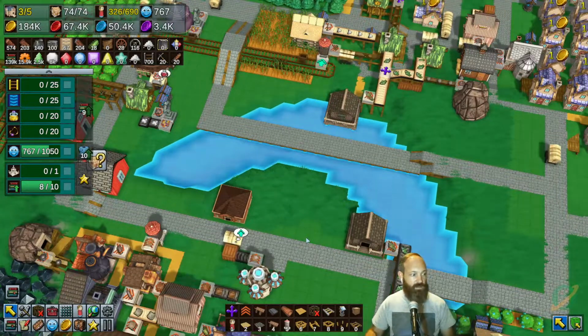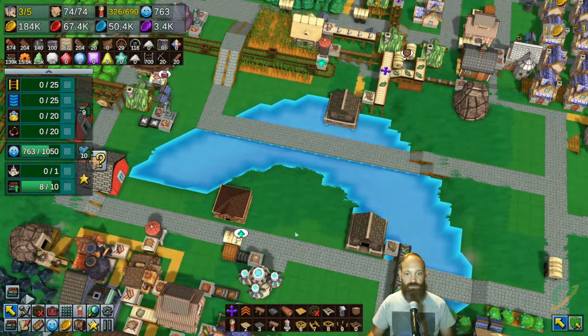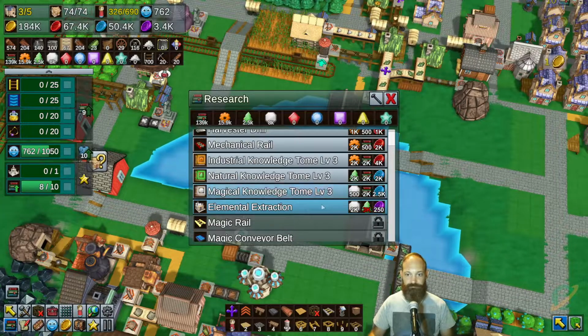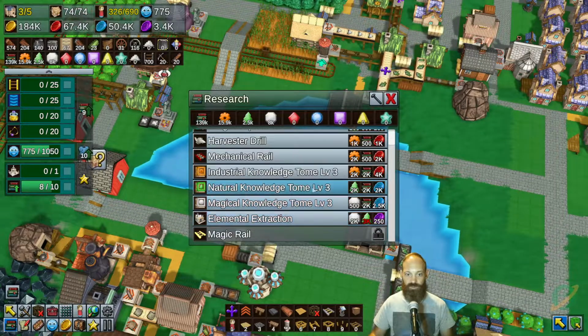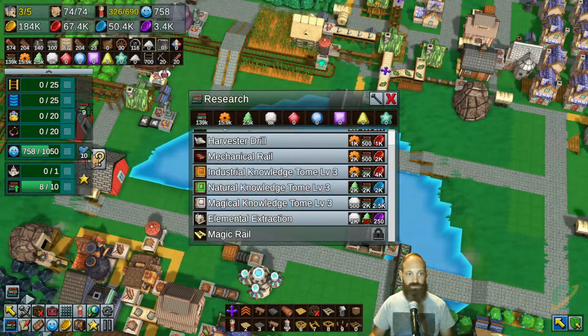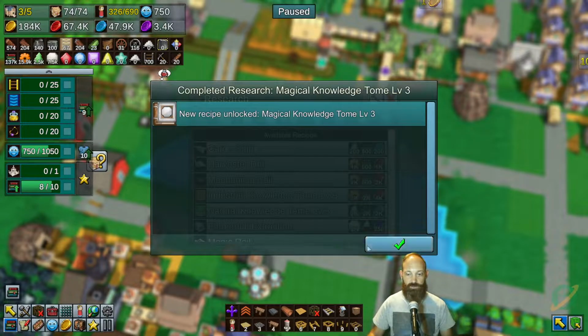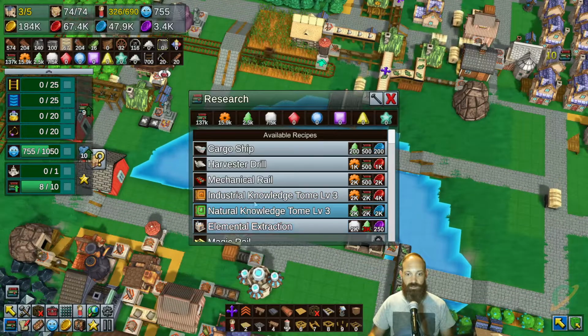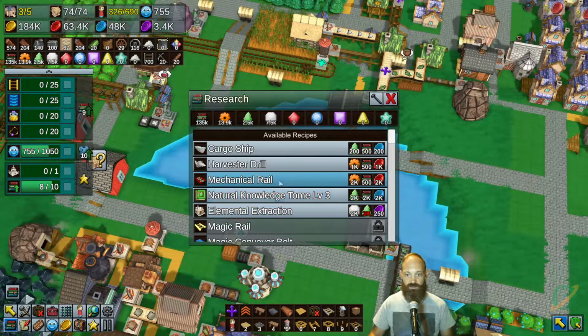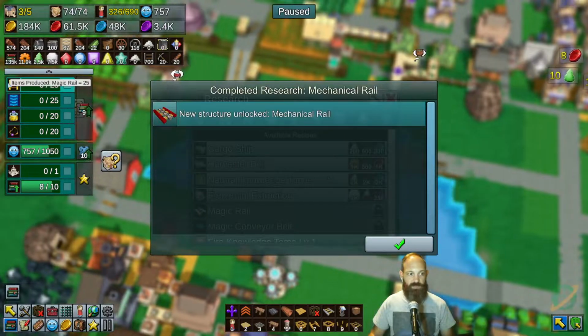So with that, now let's have a look at the tech we want to do. We want to do elemental extraction, which is 3k. I think we can probably do that before nature tome level 3. Magic tome level 3, 2.5k. Yeah, let's have a look at what that requires. All right, and industrial tome level 3. Yeah, we've got enough research for that. All right, we will need mechanical rail for that,